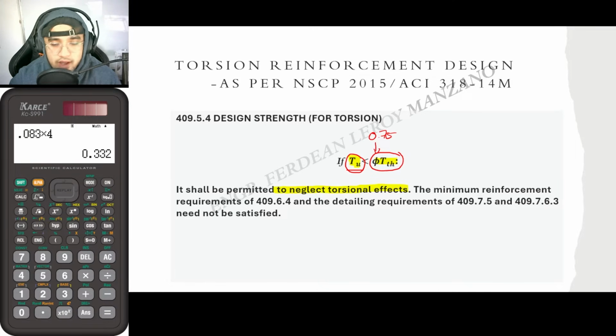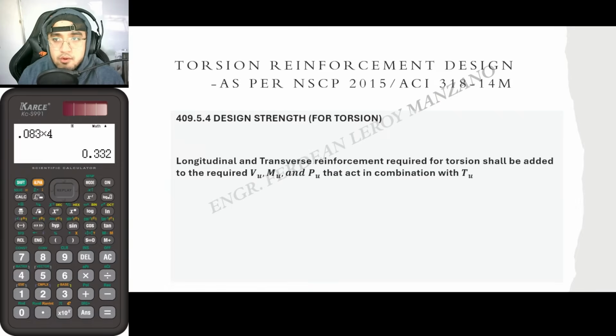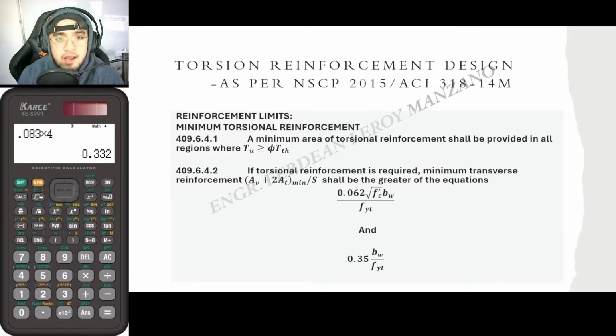Since once again, hindi nga po ramdam ng beam natin yung torsion kapag masyado po siyang mababa. But if TU is now greater than phi TTH,